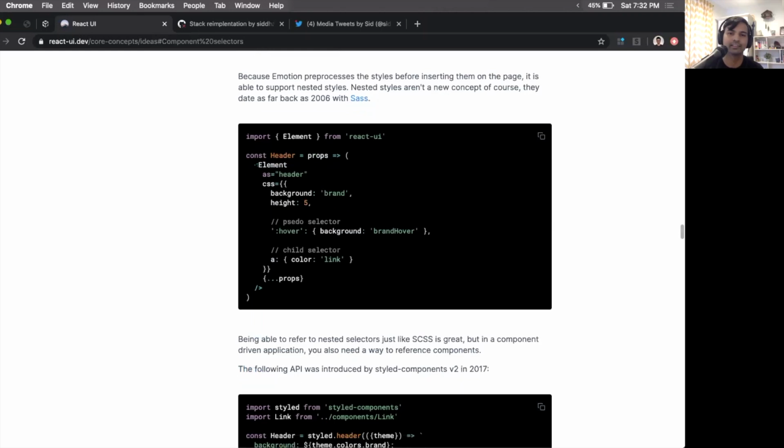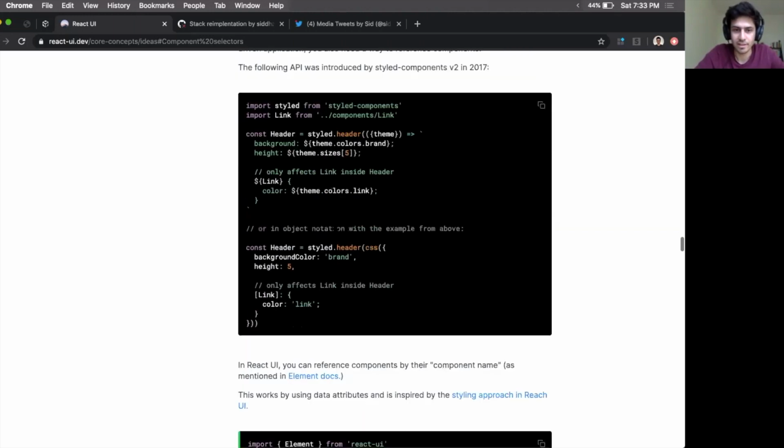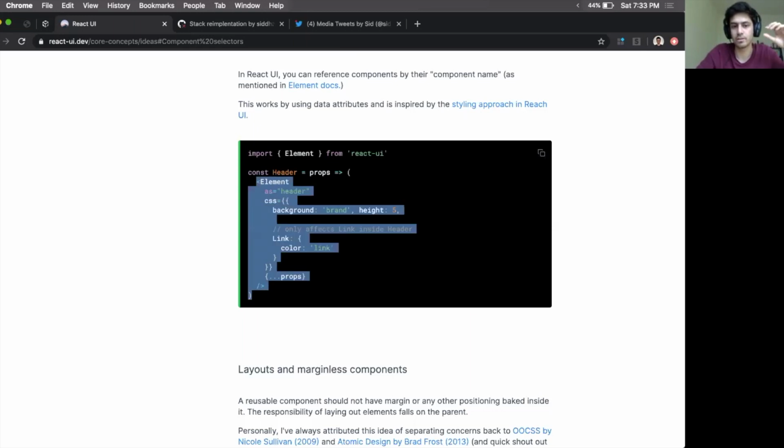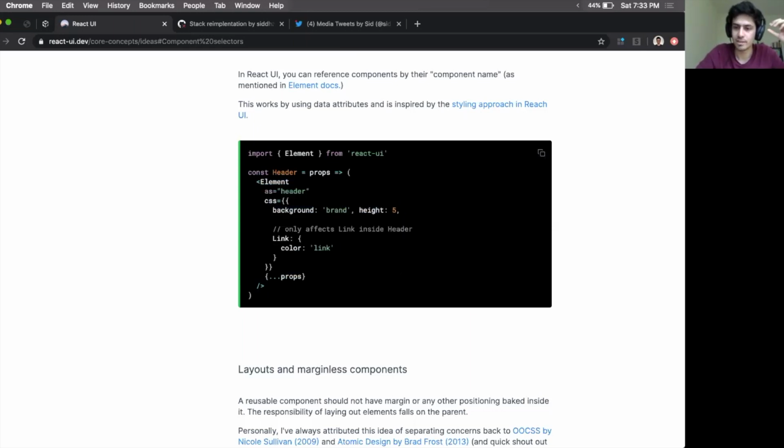So for example, you have a header here, and then in the CSS, you can do a selector, but you can also do something like a link, right? So you can say the A tag, and then this anchor is only applicable in the header, right? So all the anchors in the header will get this color, but nothing outside. Similarly, you can simply say the link component, give it the colored link, right? This is more similar to the scope feature that Vue has, where they say starting now, inside this component, all of the selectors I create should be scoped inside. That's super useful.